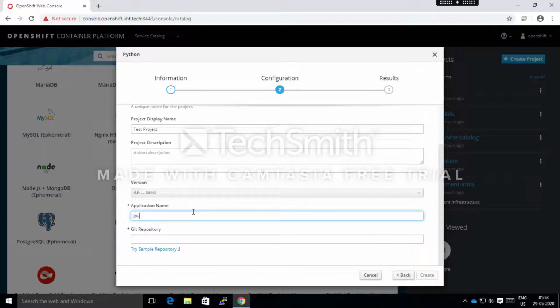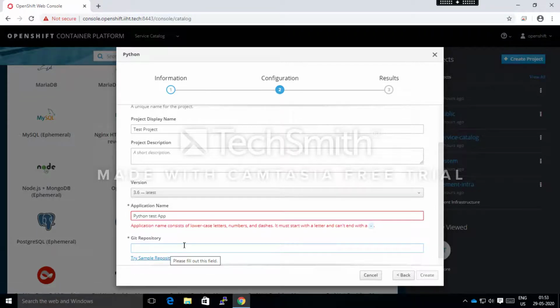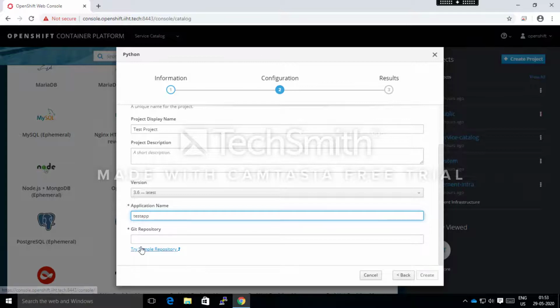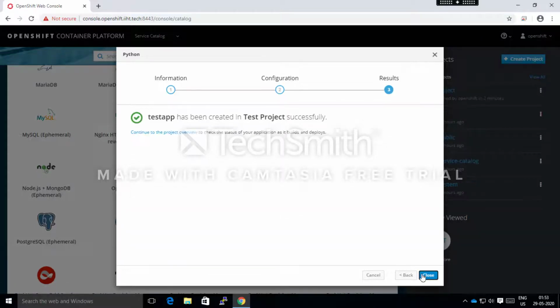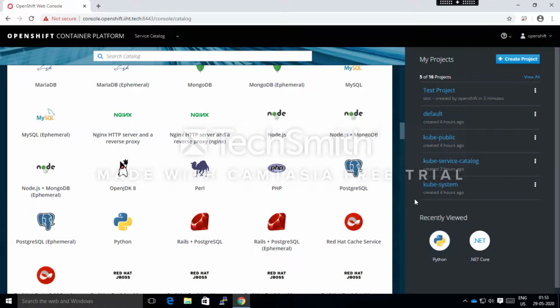So it is Python test app. And create. So in the GitHub repository, you'll have to give your own repository and close this.